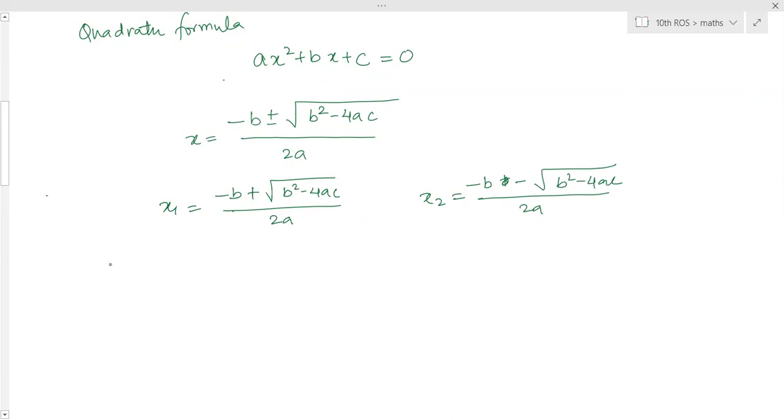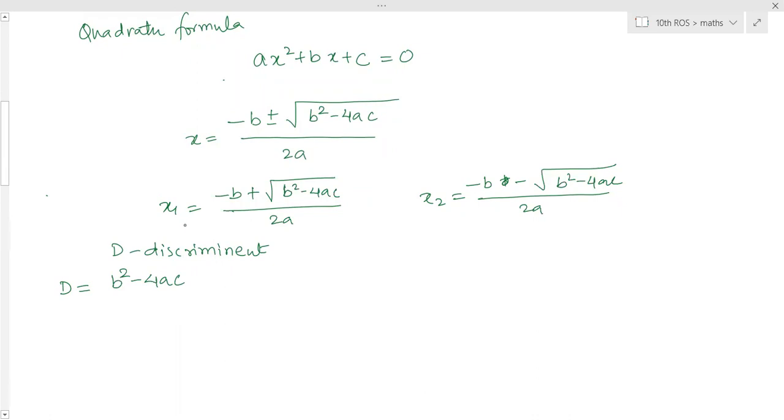Instead of substituting the values of a, b and c inside the square root and then solving, which is time consuming, we solve the value of b square minus 4ac separately, before substituting in the formula. This value is called D, the discriminant of the equation. Discriminant means that which discriminates. It tells the nature of the roots, that is, the values of x.